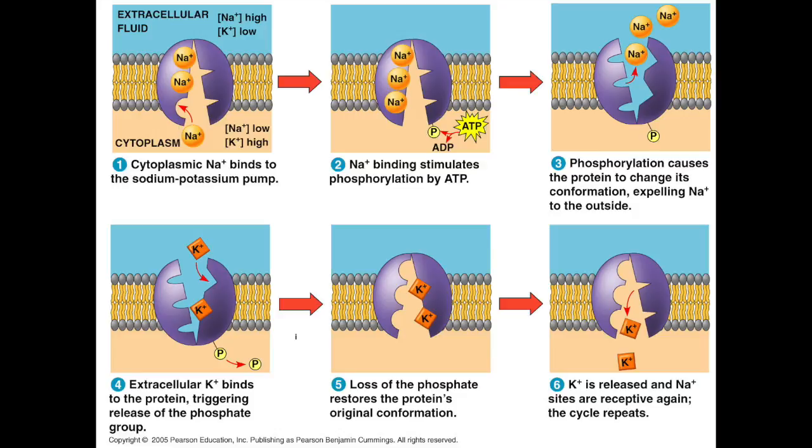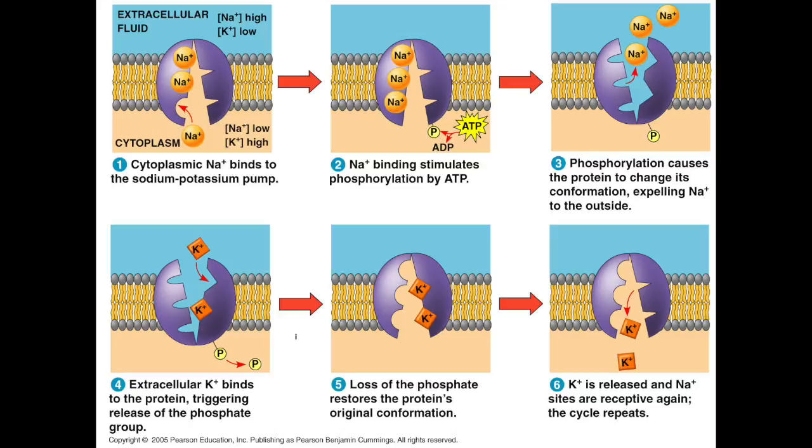The cytoplasmic Na plus binds to the sodium-potassium pump. The affinity for Na plus is high when the protein has this shape. Then, the Na plus binding stimulates phosphorylation by ATP. Phosphorylation leads to a change in the protein shape, reducing its affinity for Na plus, which is then released outside the plasma membrane. The next shape has a high affinity for K plus, which binds on the extracellular side and